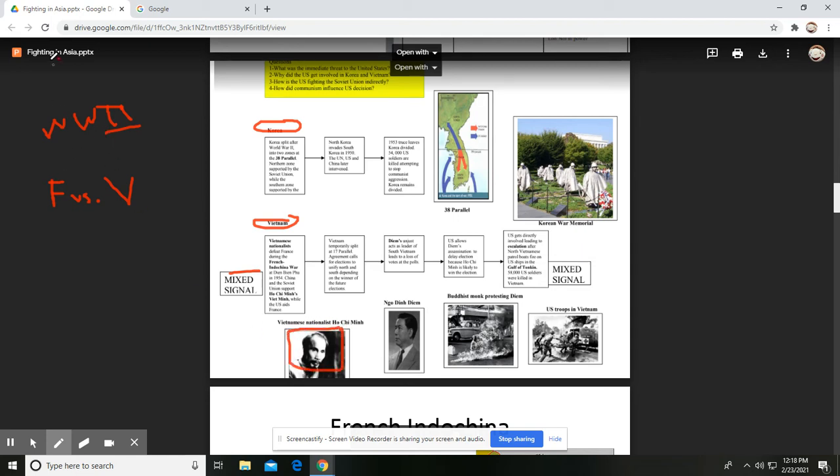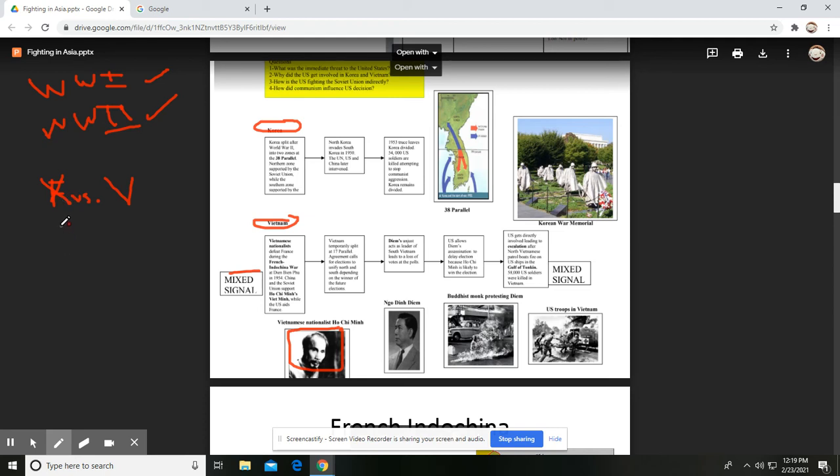And pretty much what's going to happen is, I'll even go back to World War I. He is trying to advocate for an independent Vietnam. Doesn't get it at the end of World War I, doesn't get it after World War II, because Vietnam was a French colony since the 1800s. So now World War II is over. We know that France had been defeated,